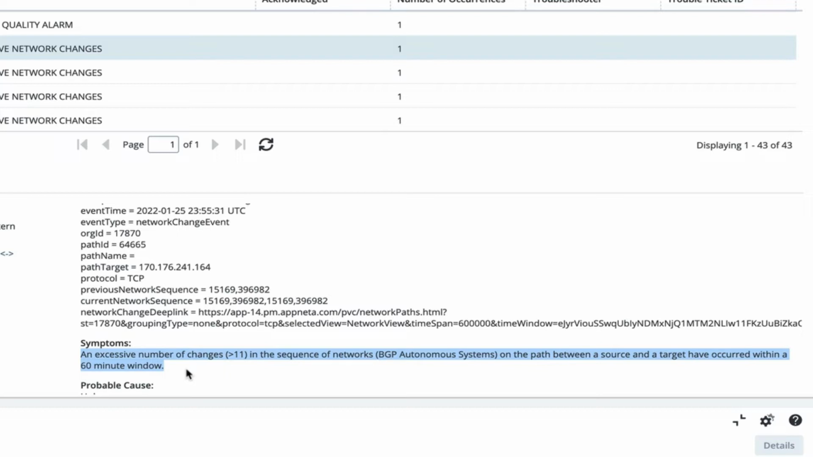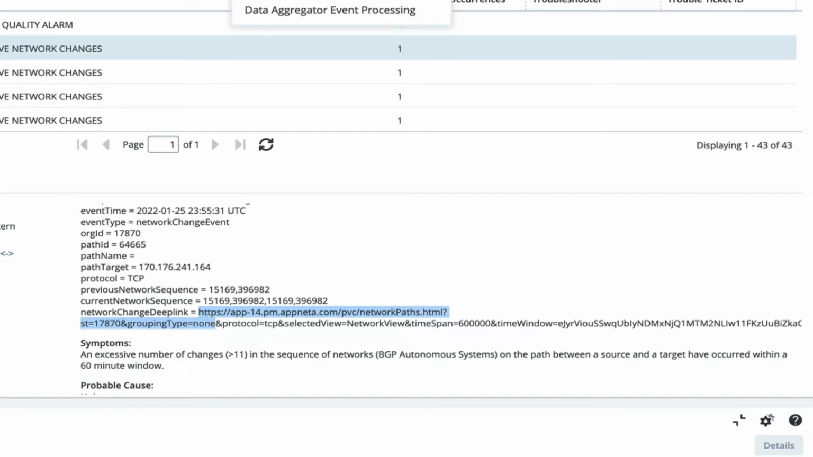Given that polling is done each 5 minutes to determine the network path, this essentially means that if the path is continually changing, we're going to raise an alarm. These alarms can be related to other issues that are occurring and are an important triage item for the network operations team to leverage. In addition, I can leverage the network change deep link to jump right into the Appnetta